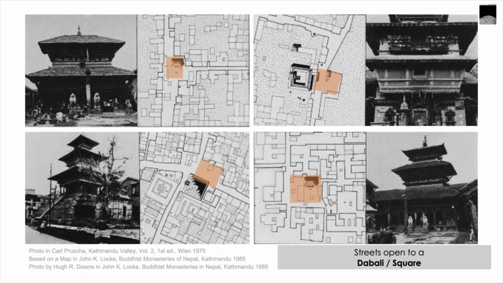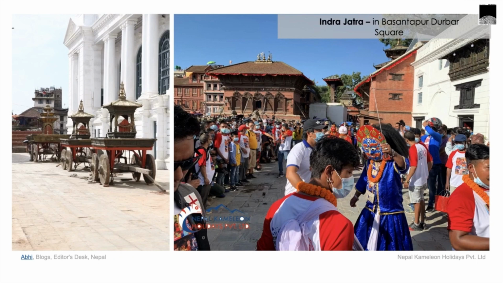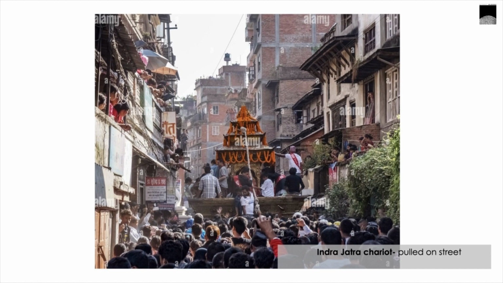The square is generally connected by numerous streets and contain a place of worship. The largest religious street festival in Kathmandu, which is Indrajatra, is also deeply rooted to the traditional streets of the city. Mass dances of deities and demons, displays of chariots, and rituals in honor of god Indra all contribute to these festivities. The narrow streets and squares are connected in such a way that these chariots are pulled to different squares where devotees can visit. These squares still hold great significance in our community.